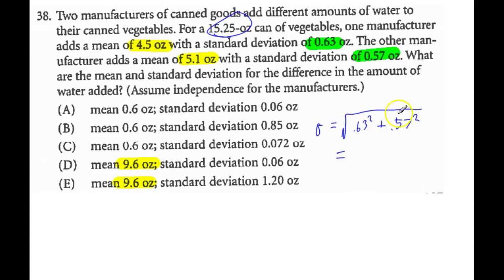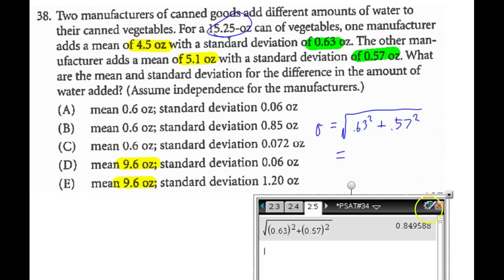So if you do that and type that in your calculator, I'm pretty sure that's definitely bigger than, so let's see what happens here. Let's type it into our calculator. So if you add that, you get